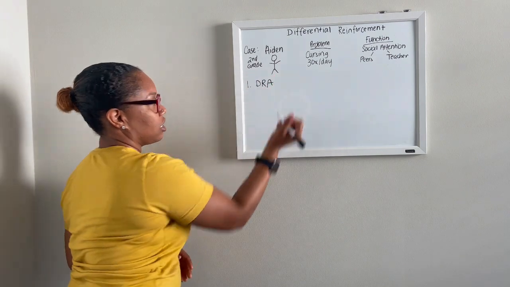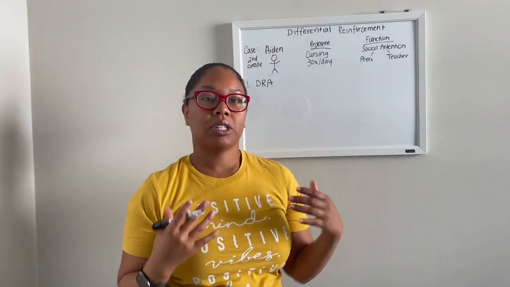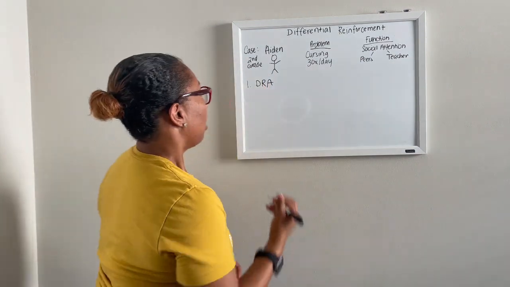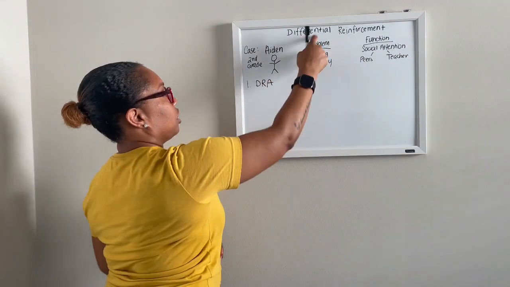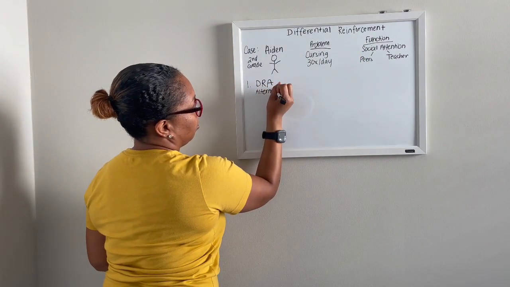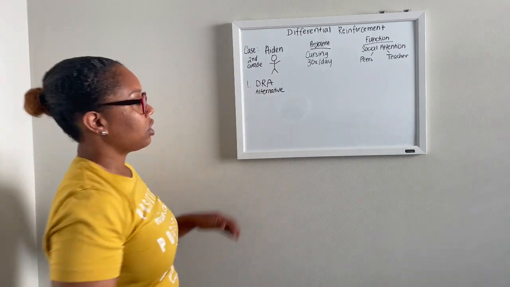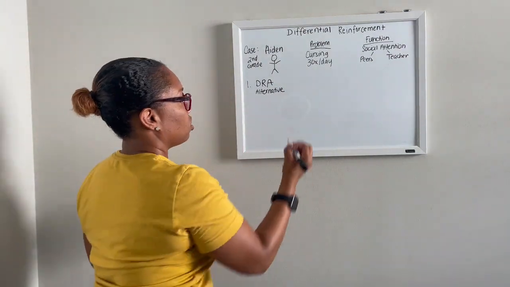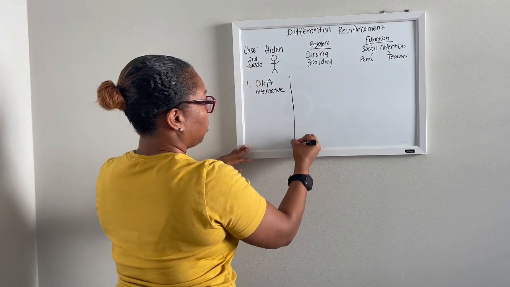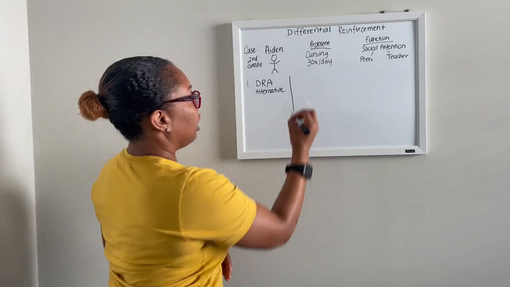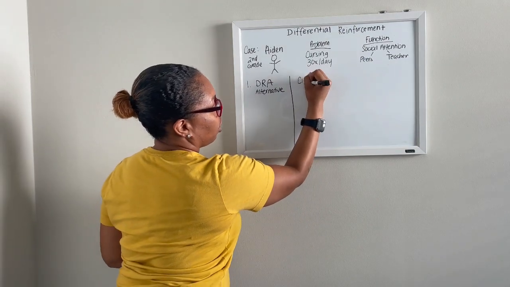DRA is actually probably one of the easiest interventions to use, especially in the classroom. And DRA stands for Differential Reinforcement of Alternative Behavior, okay? That is your keyword, alternative. So what makes it alternative? Let's put a column here. It makes it alternative because if the problem behavior is cursing,